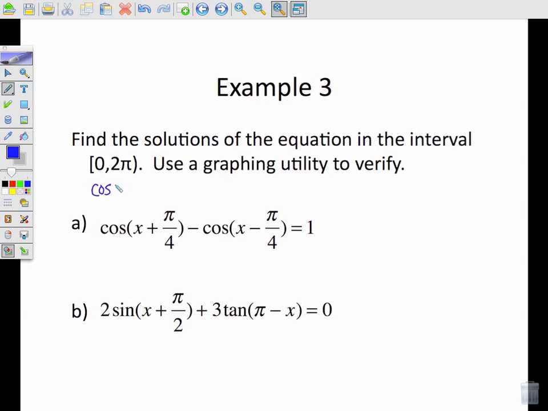What I'm going to do is up here I'm going to go ahead and expand this out. Cosine of x, cosine pi over 4, minus sine x, sine pi over 4. Expand that out. Now I'm subtracting the same thing here, cosine of x, cosine pi over 4, plus sine x, sine pi over 4, but